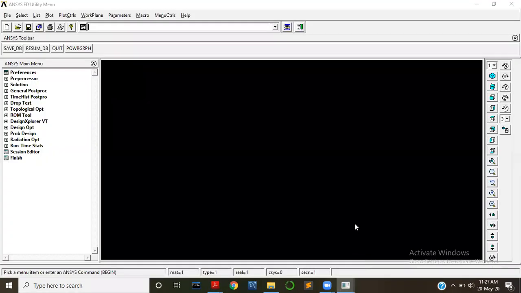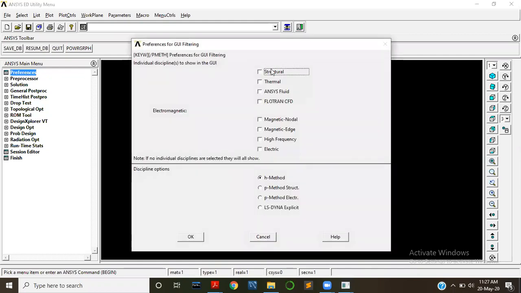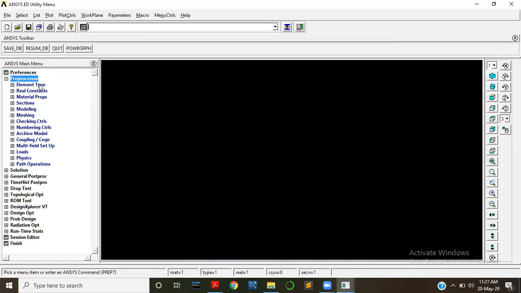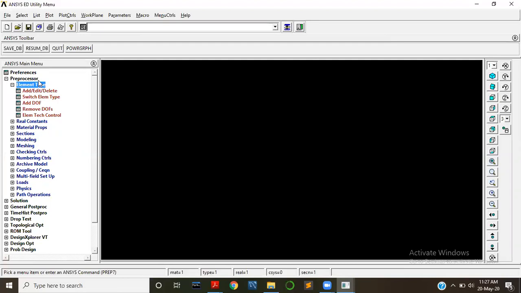This is the ANSYS software, ANSYS version 10. You are using the educational version here. Go to preferences and go to structural, click OK, and then preprocessor, click on element type.